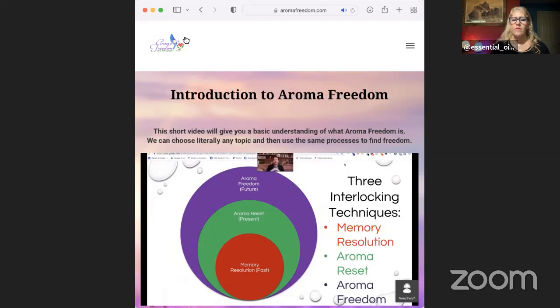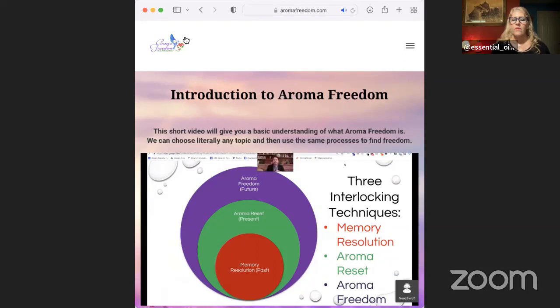And then we have the aroma reset technique, which came out more recently. That just in the last year, I put that together. And that's been very, very helpful for people, just as we call it the 60-second stress relief, because it takes about 60 seconds and it just resets your mood by collecting the thoughts, feelings, and sensations related to a current situation. You're smelling the oils in a specific way, and it just dissolves the stress.